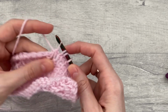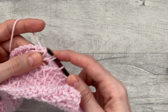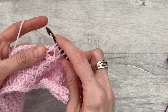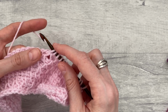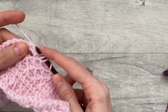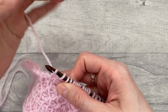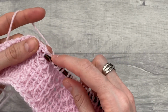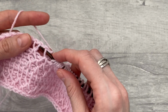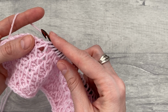Tunisian 2 simple stitches together and yarn over, Tunisian 2 simple stitches together, yarn over, followed by Tunisian simple stitch in next 18 stitches, followed by Tunisian 2 simple stitches together, yarn over twice. That's first time and that's second time, followed by